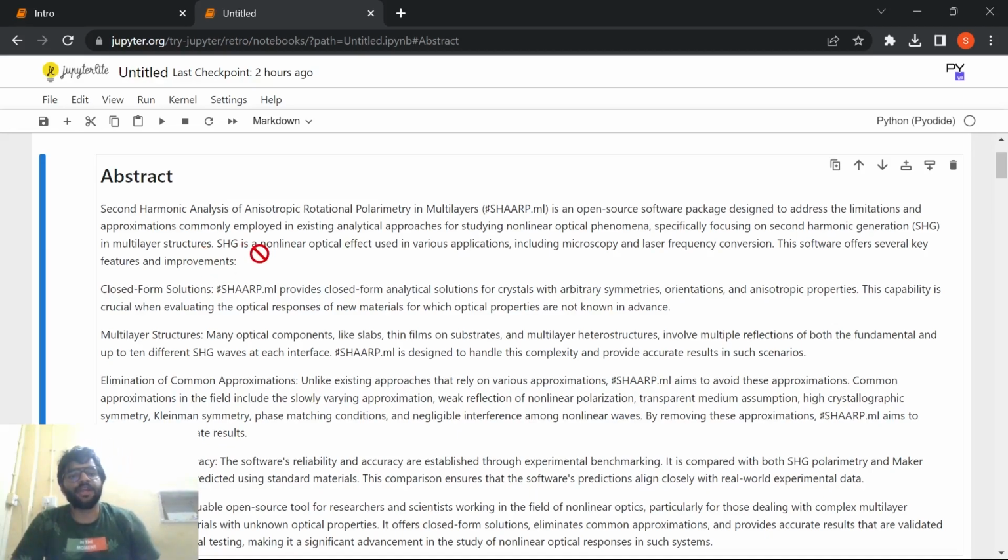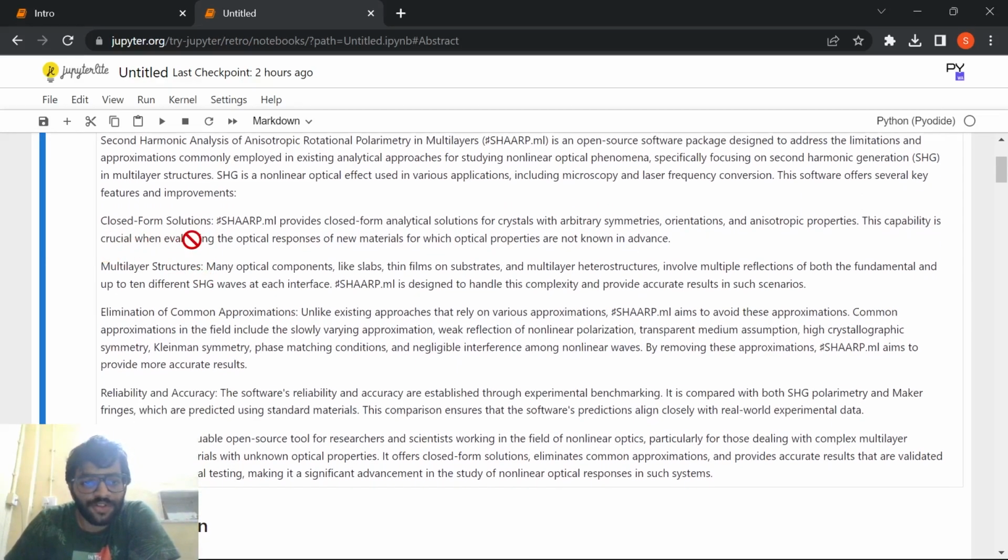SHG is a nonlinear optical effect used in lasers and such. The software offers several key features and improvements, such as closed form solutions. Sharp.ml provides closed form analytical solutions for crystals with arbitrary symmetries, orientation, and anisotropic properties. This capability is crucial when evaluating the optical responses of new materials for which optical properties are not known in